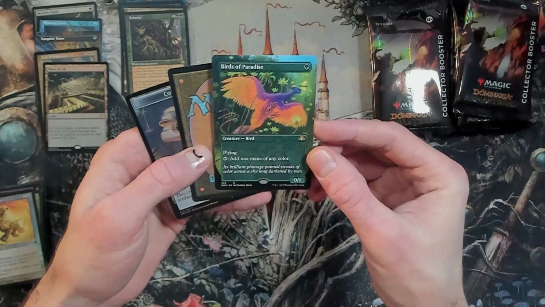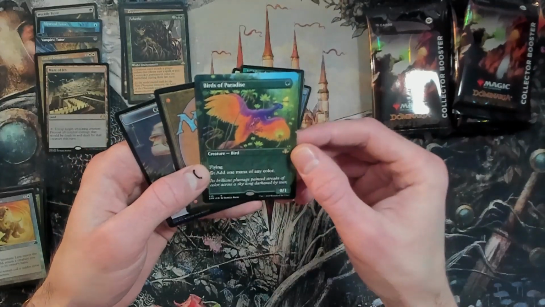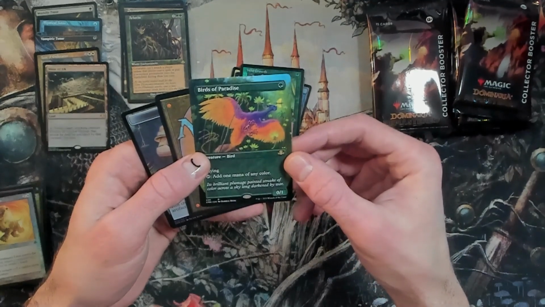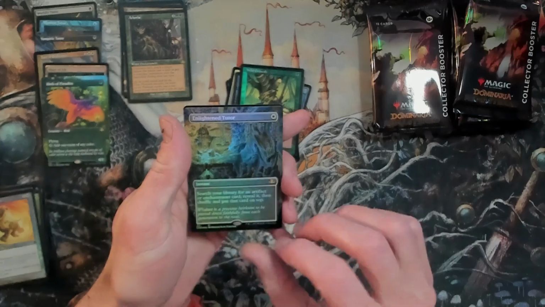Wow, look at that. Birds of Paradise has been a staple card since the beginning of time for Magic here. And, you know, this new artwork is just fantastic. Very beautiful card. Taps for any mana. Absolute staple card. And last but not least,